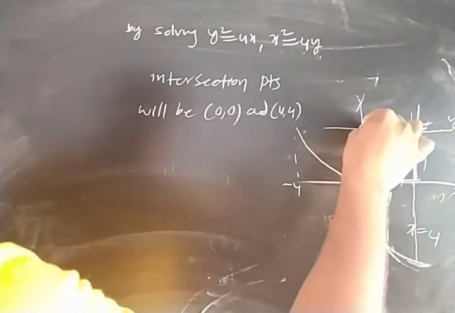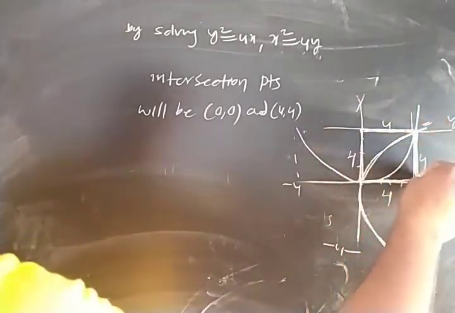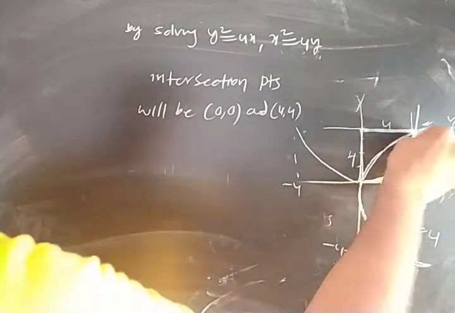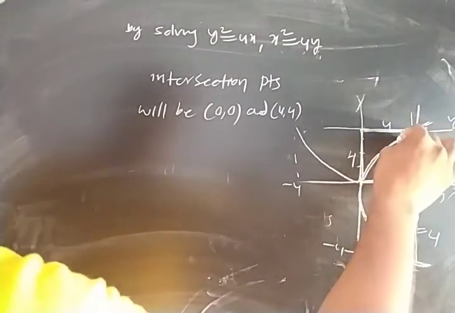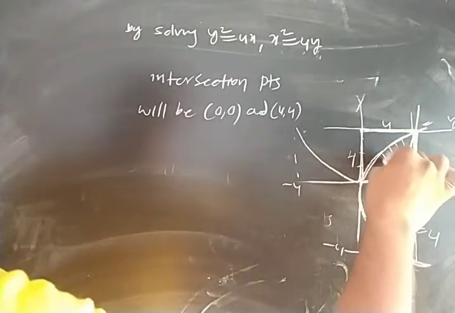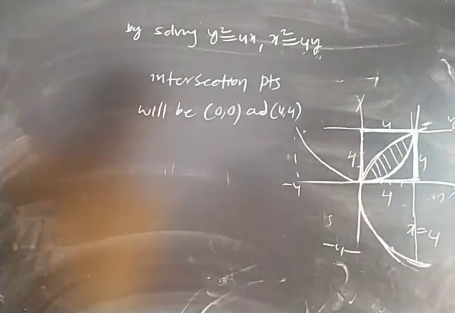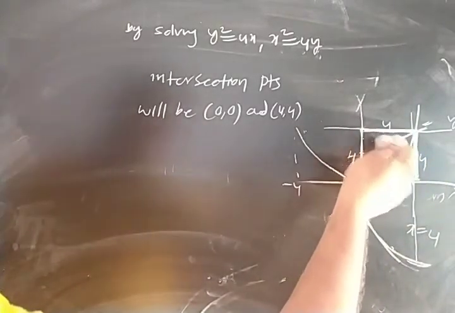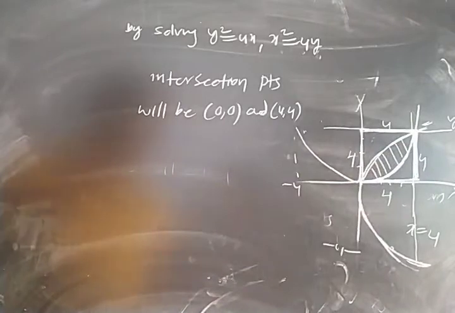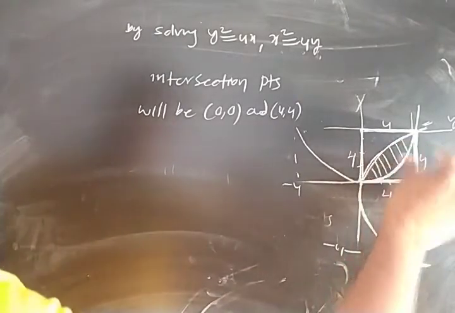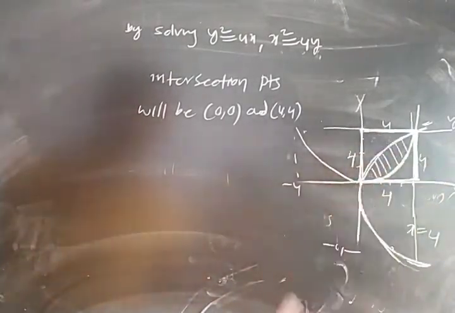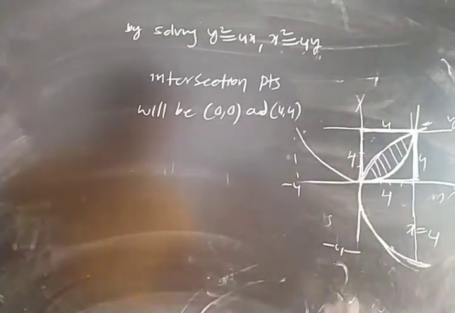So the required field is only the square. In this area only we need. So in this area we have three parts. One lies in between the two parabolas, and the square is divided into three parts. So if I find this area and it is 16/3, then we can say that the remaining two areas are also 16/3, and we can say that we can divide the given region into three equal parts.